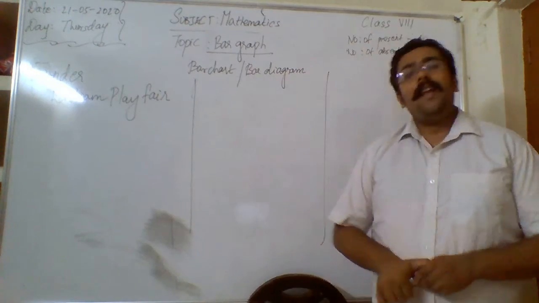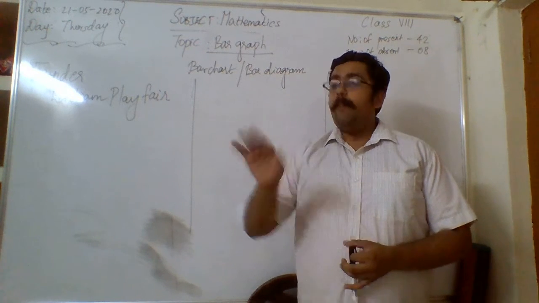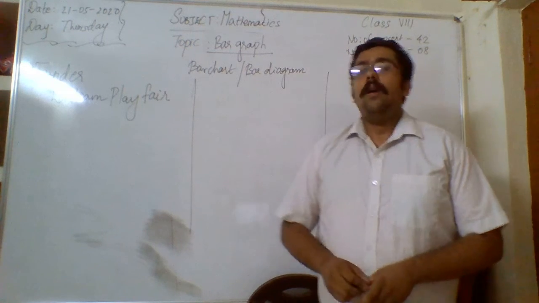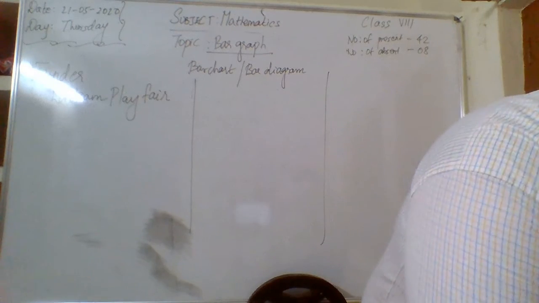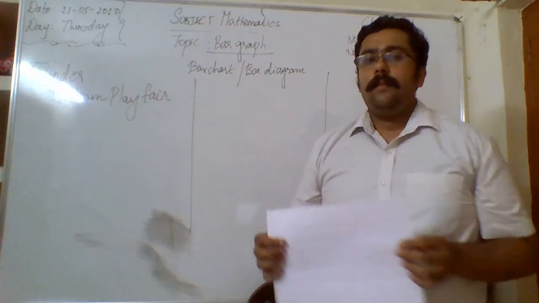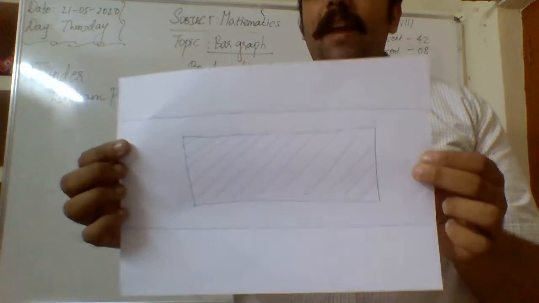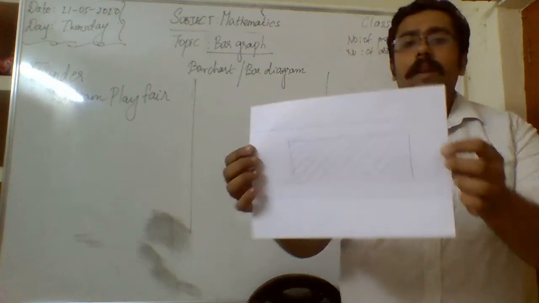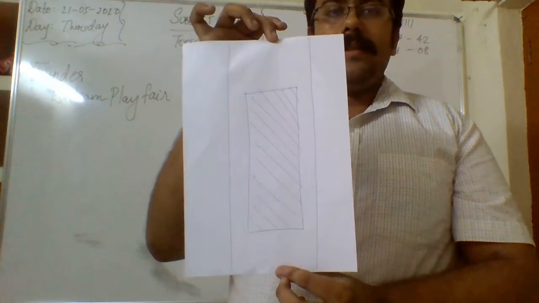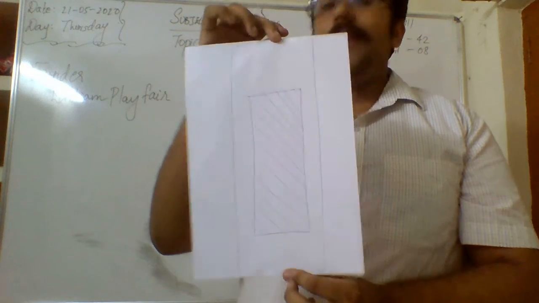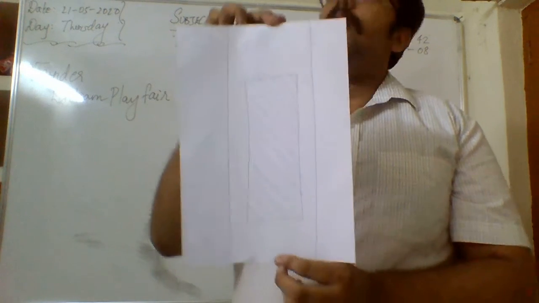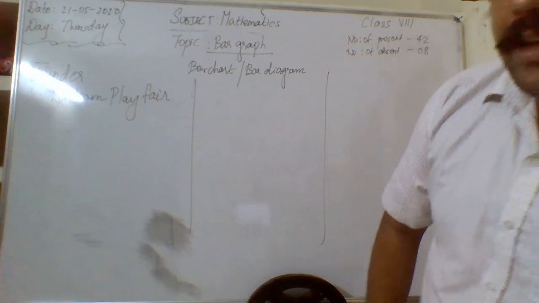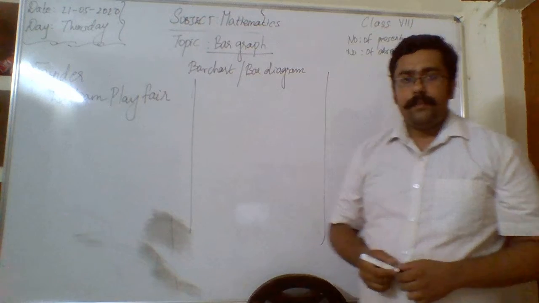Okay, can anyone tell me what is the meaning of bar in maths? Okay, I'll just show you a model. Now tell me, what is the shape of this? Right, it is a rectangle. Now suppose I do it like this. Yeah, it is called an elongated rectangle or vertical rectangle. So a bar is actually a vertical or elongated rectangle.